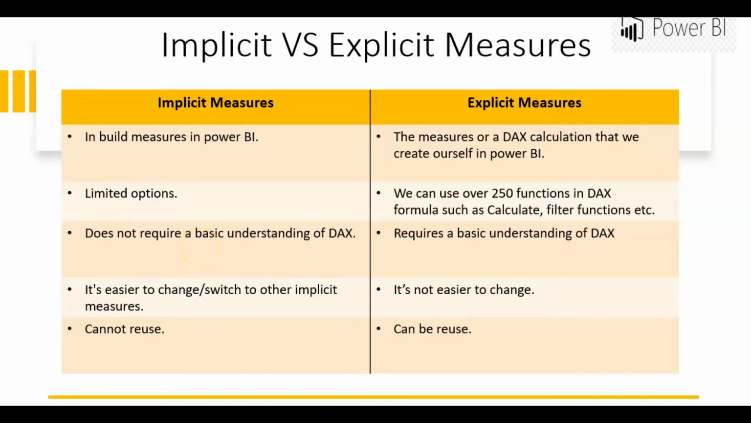Implicit measures are inbuilt measures in Power BI, whereas explicit measures are the measures or a DAX calculation that we create ourselves in Power BI. Implicit measures have limited options, whereas we can use over 250 functions in DAX formulas such as CALCULATE, FILTER functions, etc. in explicit measures. Implicit measures do not require a basic understanding of DAX, whereas explicit measures require a basic